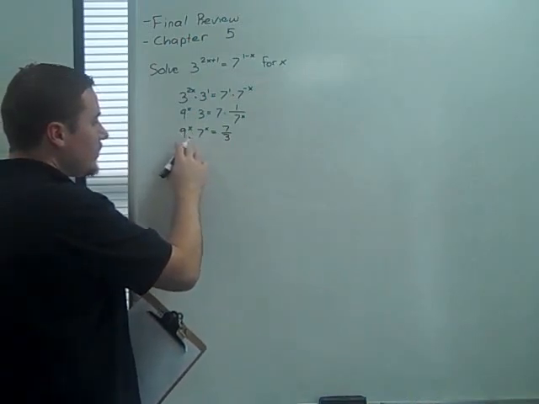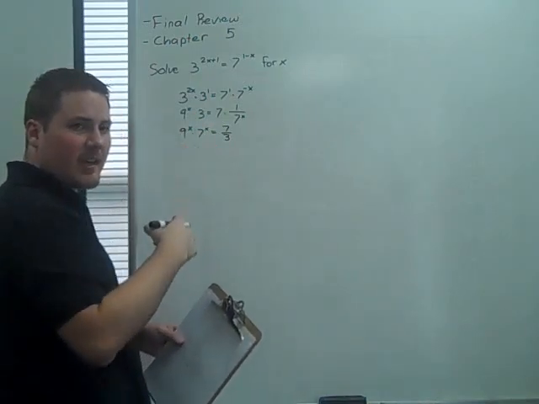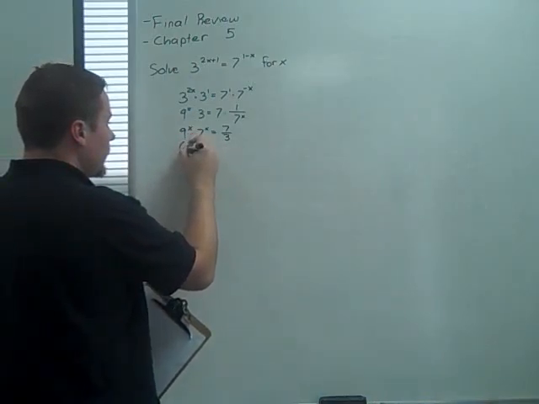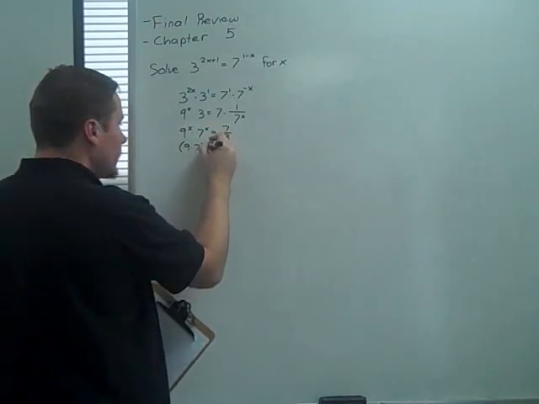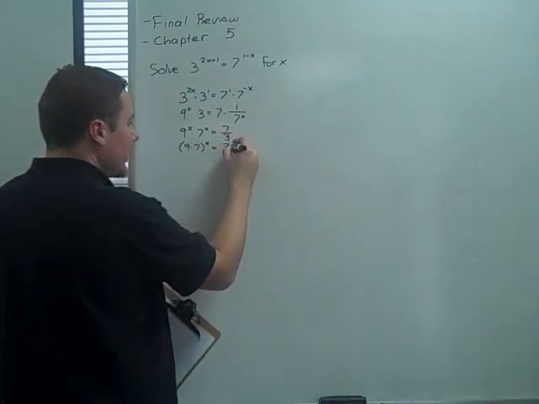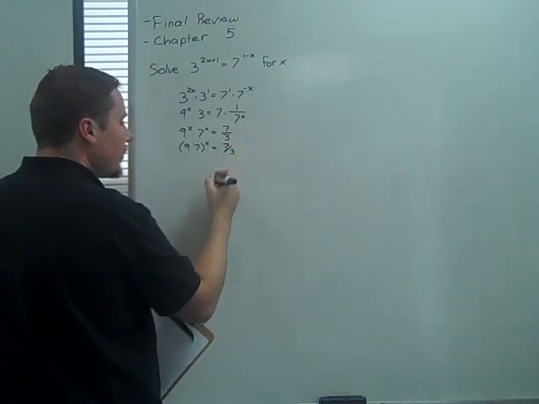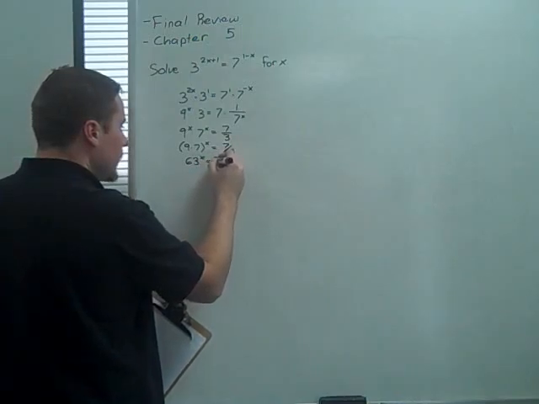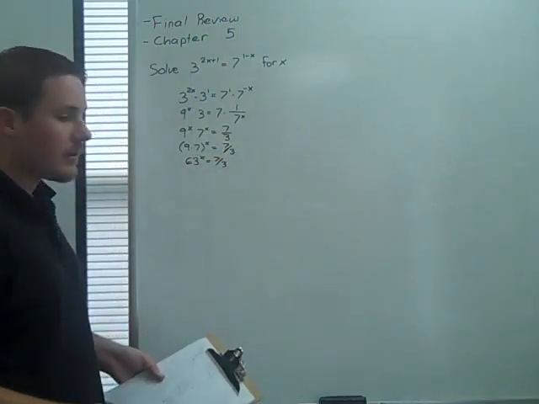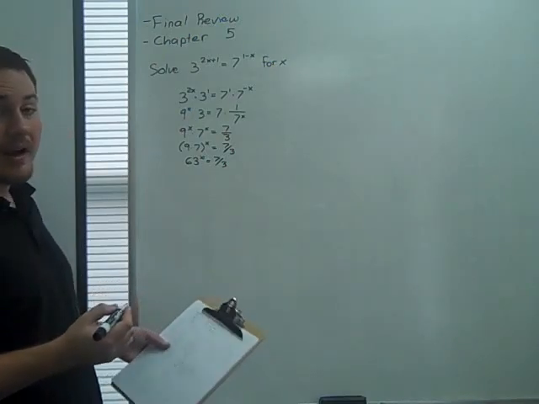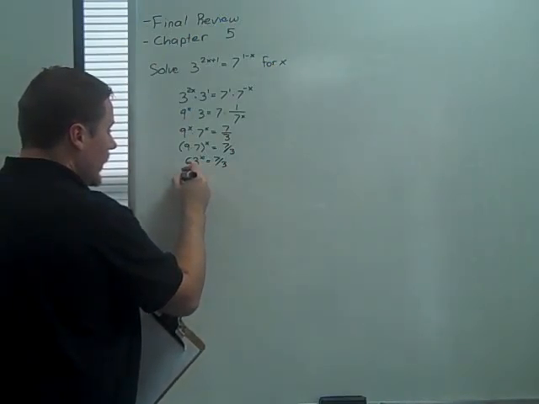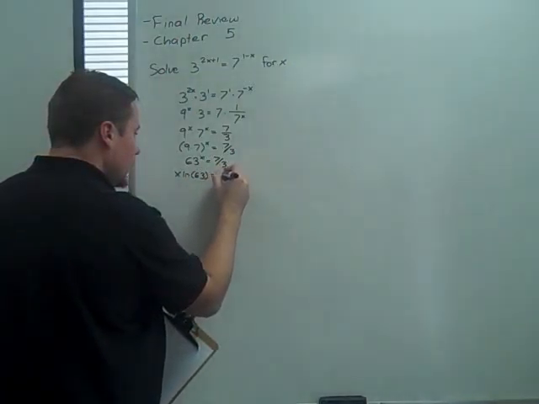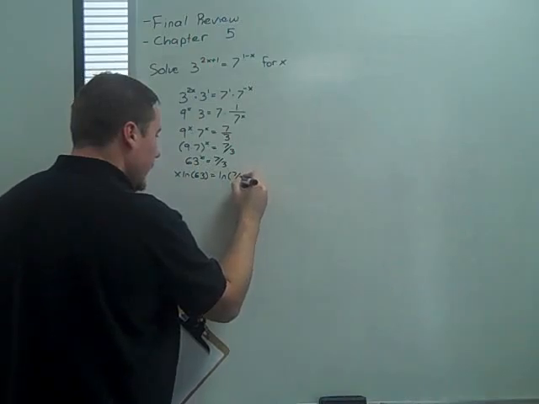Now because these are two different bases but the same exponent, it's not really factoring, but I can take out the common exponent. So this is 9 times 7 raised to the x, and this equals 7/3. And it's at this point where I would say 63 to the x is equal to 7/3. We can now use logarithms of your choice. I prefer ln's, so this is going to be x ln of 63 is equal to ln of 7/3,